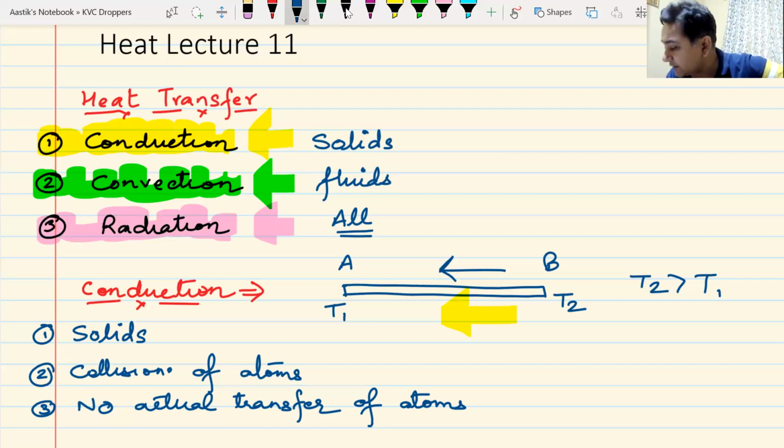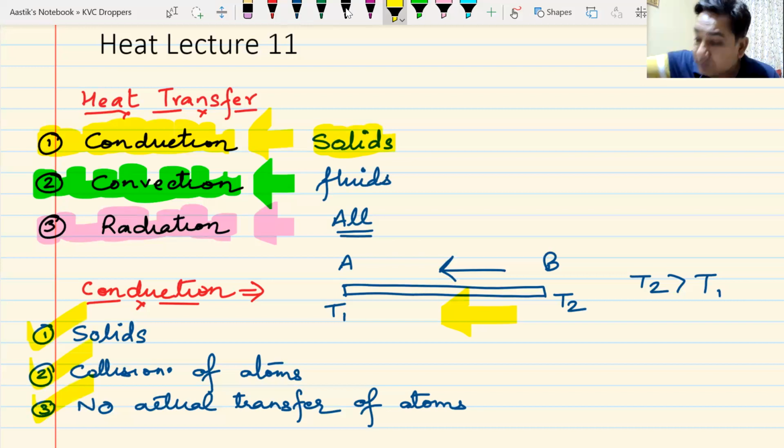Do we understand this? Have you understood that this is how it happens, and that is why it happens mainly in solids? In liquids and gases, it happens, but it is very, very slow. So these are the 3 points that we must remember about conduction always. Now, when we are talking about conduction,